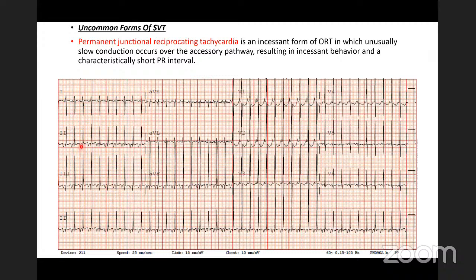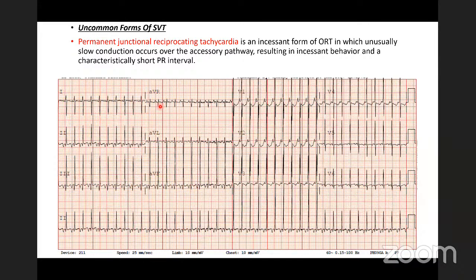But the morphology is different. I say the P wave should be positive in lead 1 and AVF. Here it is negative, clearly negative in AVF. Lead 3 and lead 2, all are negative. So this is again from